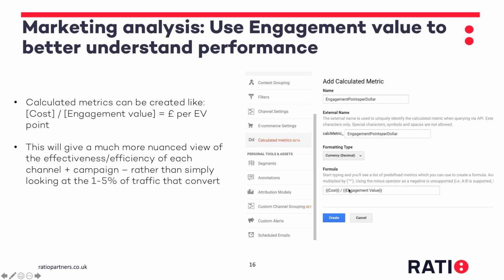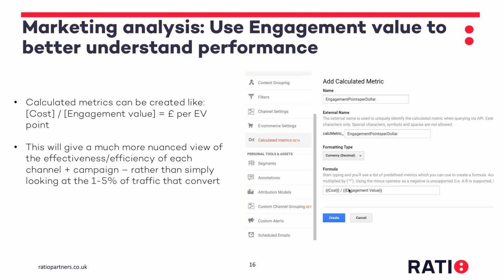Another great thing to do is to help understand the performance of your marketing campaigns using engagement value. So I mentioned that there's a feature of Google Analytics called calculated metrics. Well, actually I said custom metrics, but there's another feature called calculated metrics. So the custom metric is where for a particular visitor, we've pushed in, for example, what the engagement value of that visitor is. And so now Google Analytics is recording for all the visitors that come to your website what their engagement value is. Then we can create a calculated metric on top of that, which is making a calculation